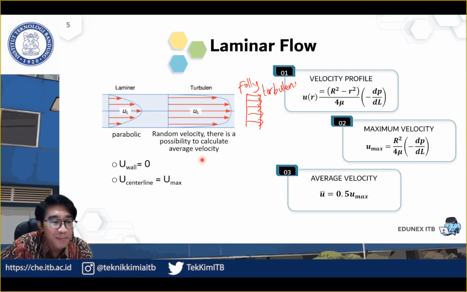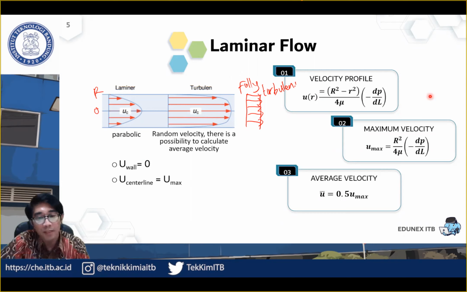Ya, jadi r sama dengan 0 itu di sini, R sama dengan R besar itu di sini. So you can correlate by using this equation. Later we will use this when we discuss about friction. Yeah, this is the hyperbolic profile of the velocity. Depends on the position. So at any point, ya, jadi r kecil itu sembarang poin antara 0 sampai R besar, you can use this equation. This is the pressure drop along the pipe.